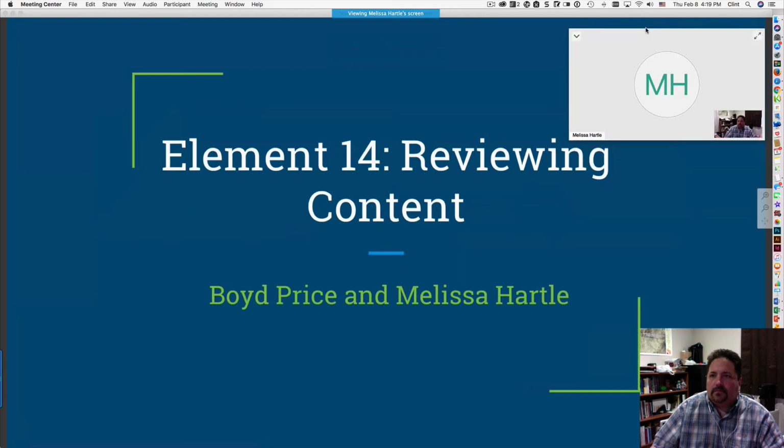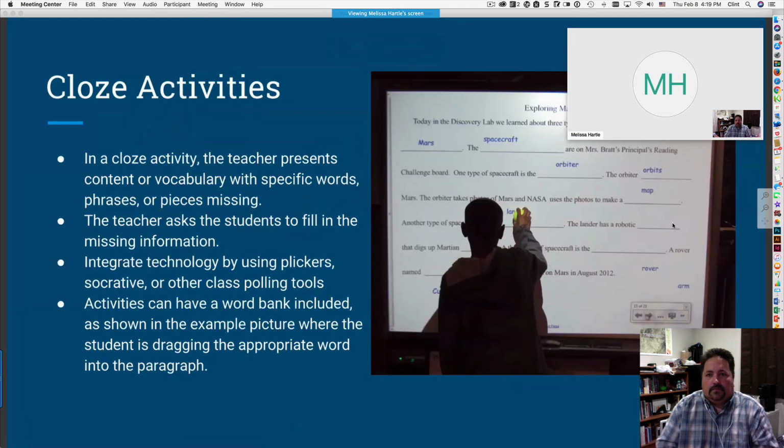Okay. So our element 14 was reviewing content. The first thing it suggested in the section was cloze activities, and I thought that was spelled wrong. I thought that was a mistake, but it's actually a thing. After some Googling, thankfully, I figured out that a cloze activity is where the teacher presents content or vocabulary with words or phrases missing. So this is things that they've already learned, and they're filling in. Like in this picture, that's an example of a cloze activity. The student's up to the whiteboard, the interactive whiteboard, or the smartboard,